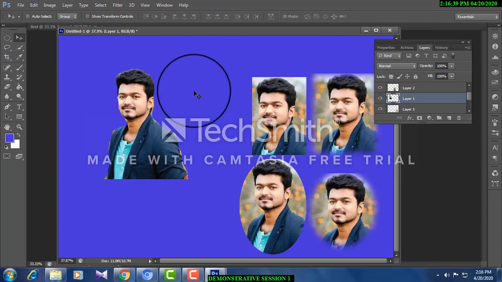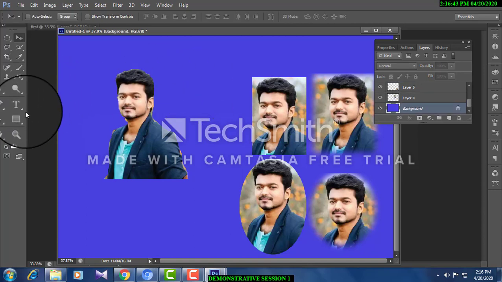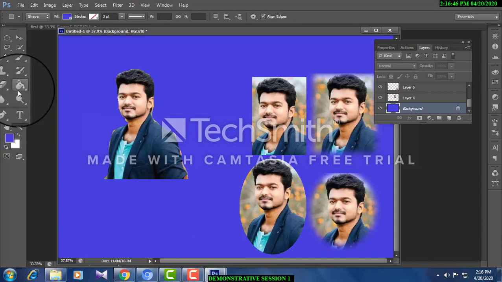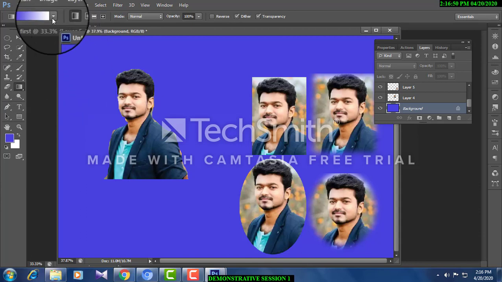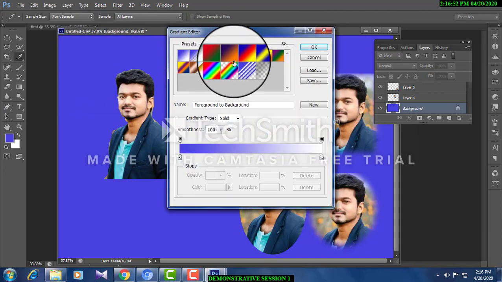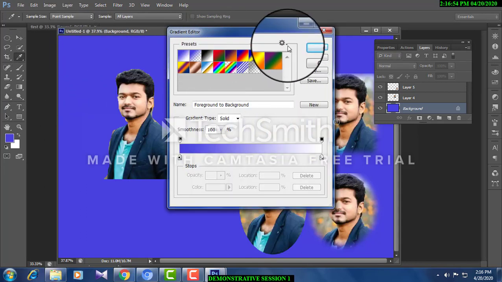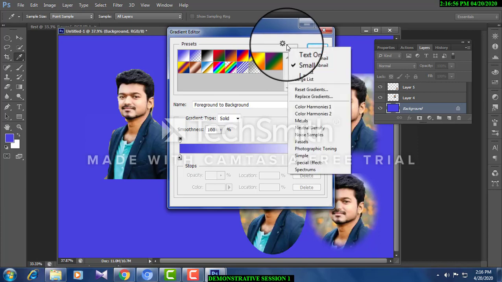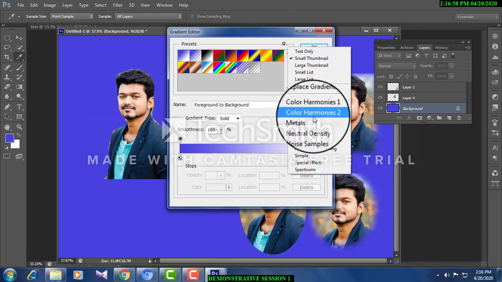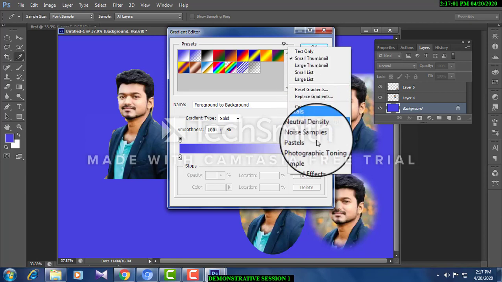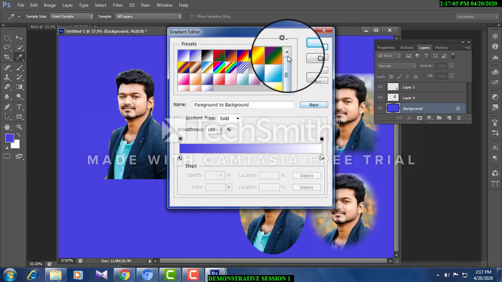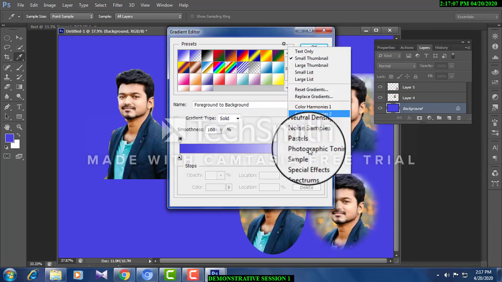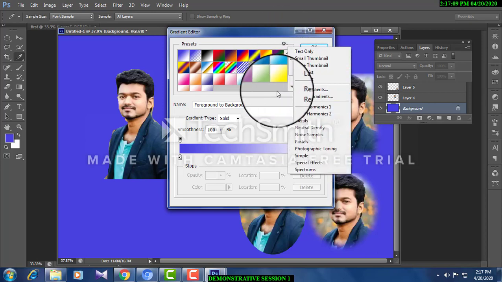Now my dear friends, how to choose a 2 or 3 color background? Right click, background, click here. Here, paint bucket tool. No, there you find gradient tool. Look at here, there are number of backgrounds available. If you want to have more backgrounds, click here, select all. For example, simple color, append, give append, it comes. You want more color, you select one of these, you will have more colors appearing.